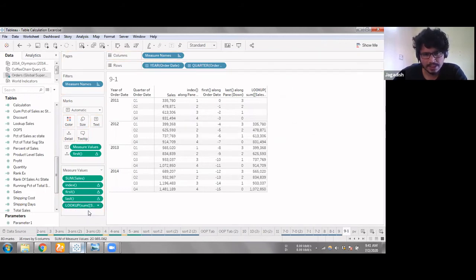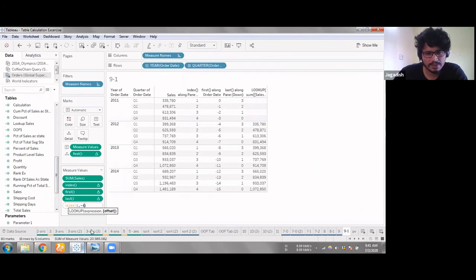Now another flexibility that this lookup function has: I defined it using a specific offset, a particular integer, -4.